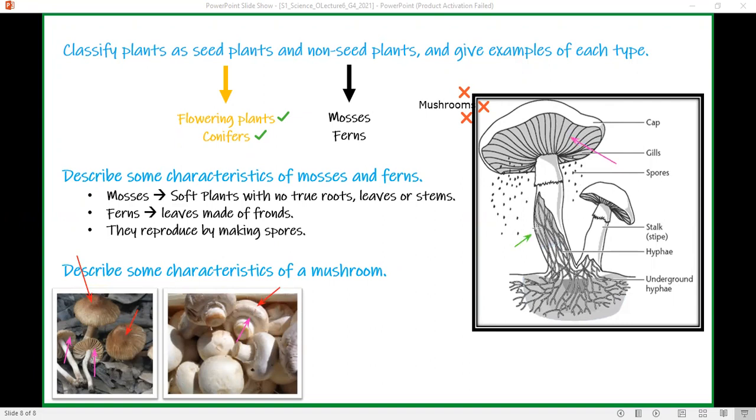And this is the stipe of a mushroom. And here are the mycelial threads of the mushroom. Okay, all mosses, ferns, and mushrooms